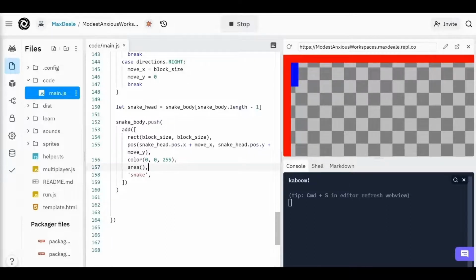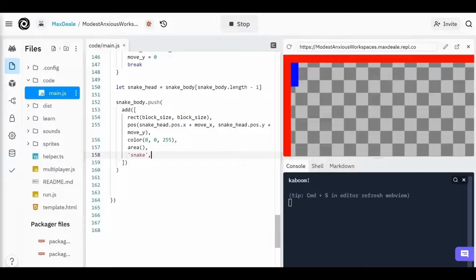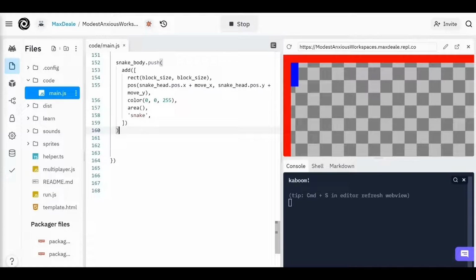So we're using the snake head property with the position and the snake head with the Y position as well. We're setting it to blue, of course, because that's our snake, using our area method, and we add the tag of snake again. Cool. So this adding on to the snake will essentially create the illusion of movement, like I said before, but we will also need to take away from the snake's tail in order to create this illusion,